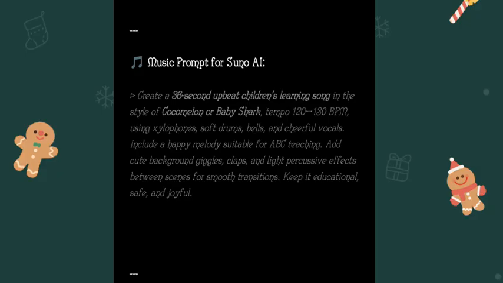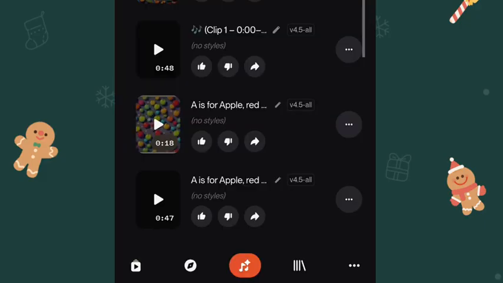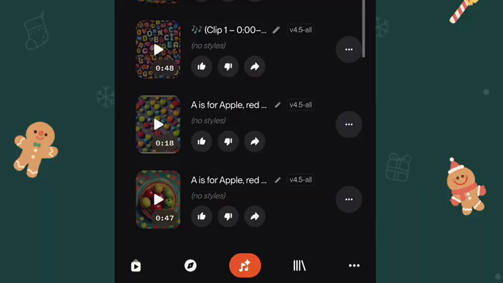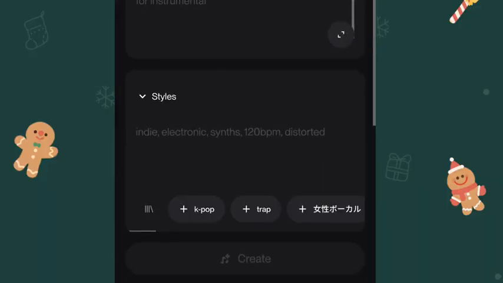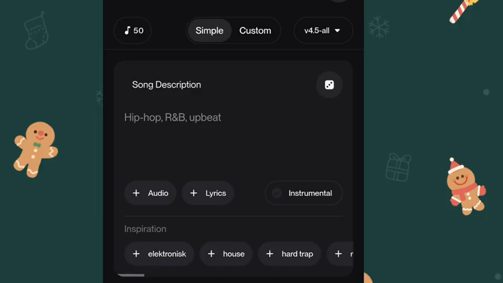As you can see, this is the prompt. Now, we are going to use Snow AI to generate our music that is going to match this video. Now, let's go to Snow AI to generate our music. Now, this is Snow AI. The next thing we are going to do is to click on this music icon. When we click on it, it's going to bring us to this interface where it will ask us for a song